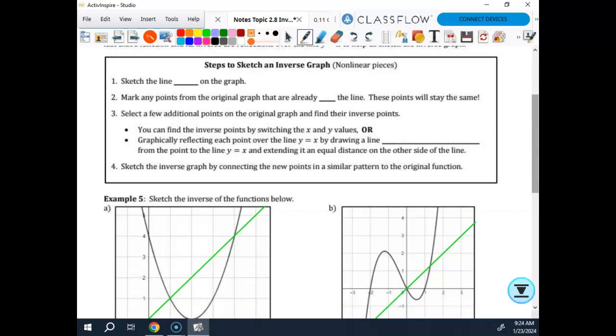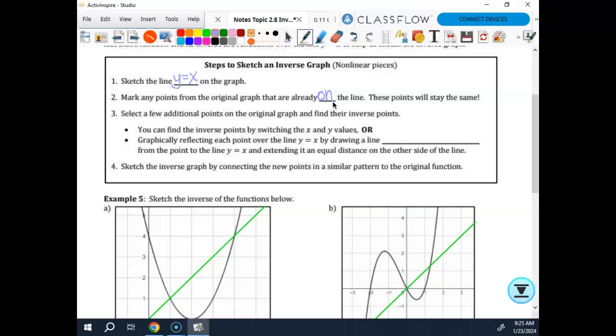Okay, so we sketch the line y equals x on the graph. We mark any points from the original graph that are already on the line. These points stay in the same place because it's just like attached to the line as it flips around. I select a few additional points on the original graph to find their inverse points. Well, we already did that, but those were actual points where things were connected, so they were really obvious and really easy. You can find the inverse points by either switching the x and y values or graphically